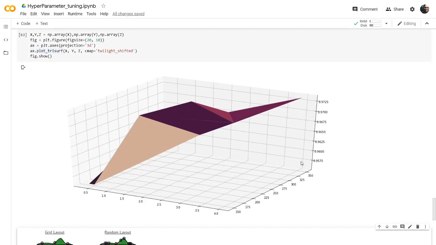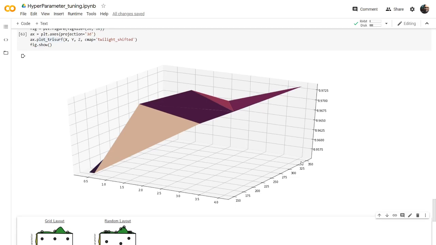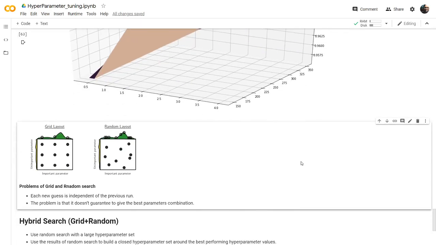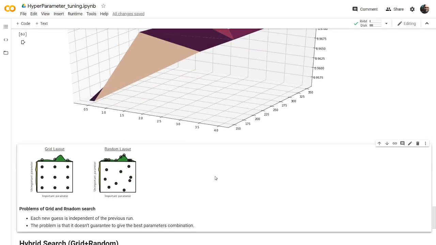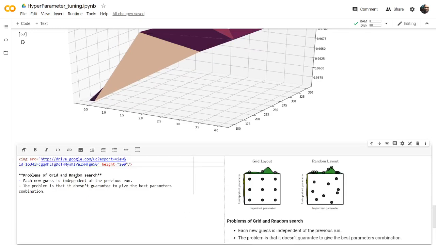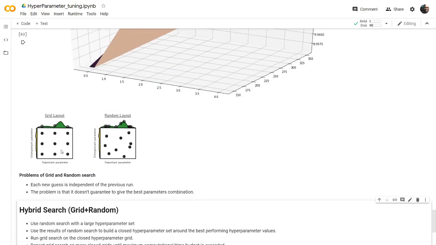You can also visualize the other parameters. You can take that as an assignment, or if you want to try, you can try. So the problems of grid search and random search are these. Let's say in the grid search, it will try only a set of parameters.